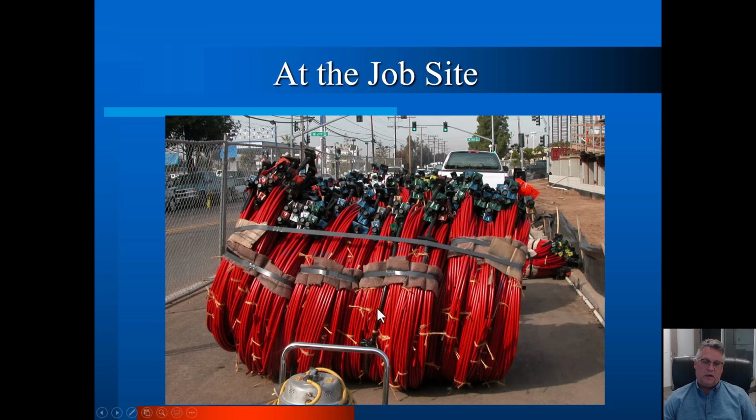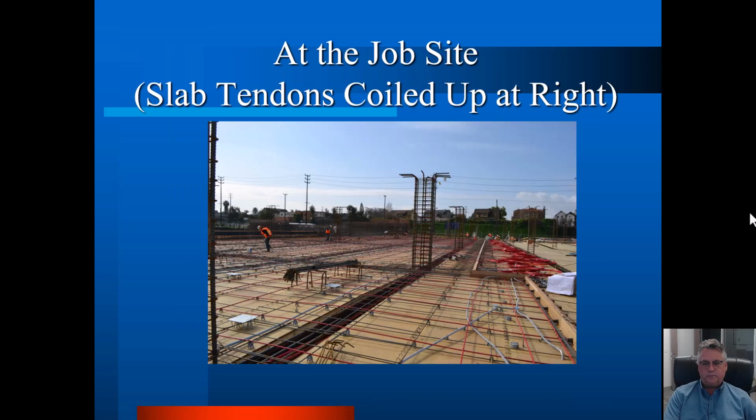to a job site. Now what you're seeing are anchors that were installed at the fabrication plant. So these are single-ended pulls. We'll talk about that a little bit more later, but if one end is a dead end, that dead end will be applied at the plant. If both ends need to be stressed, then you won't see that dead end anchor on the delivered tendons.